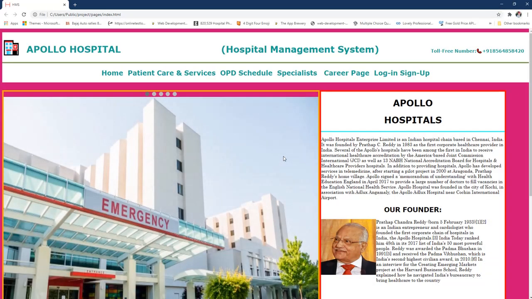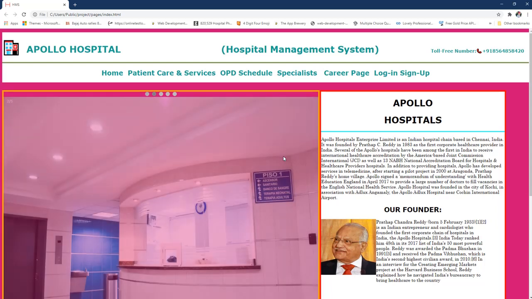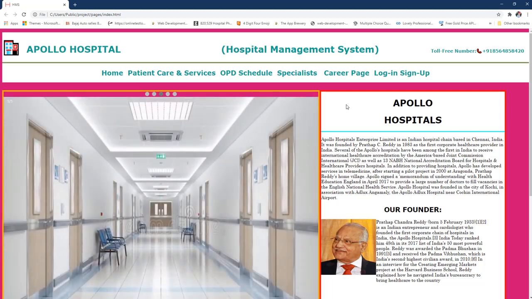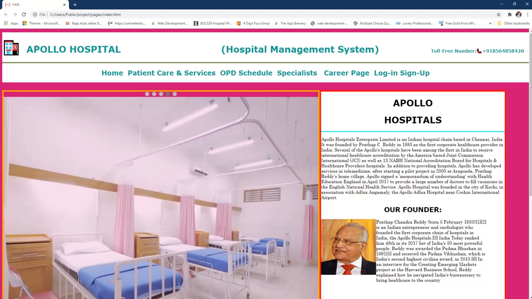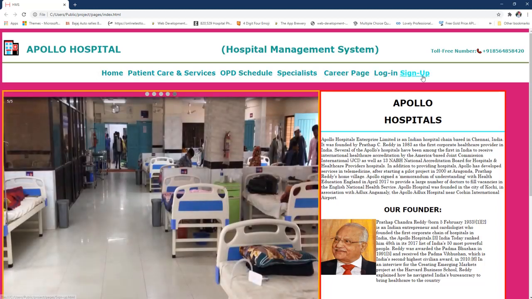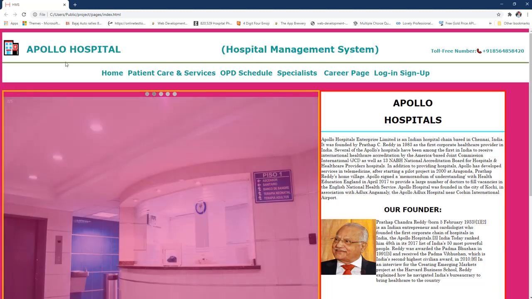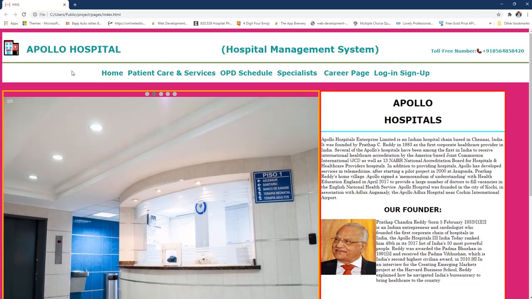Welcome. This is the homepage of the prototype website of Apollo Hospital. It starts with a big navbar which is used across all the 7 web pages I have designed. It has a title, a subtitle, and a horizontal line.